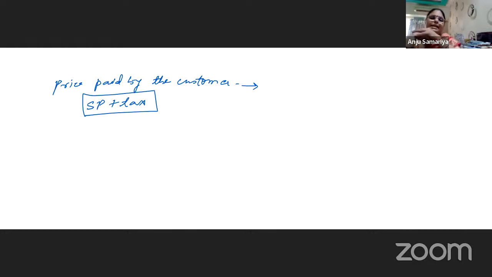Now, if there is an interstate trading, so in case of interstate trading, it is always the tax is given to the central government. All the taxes. Integrated. Okay? Yes. Okay, so